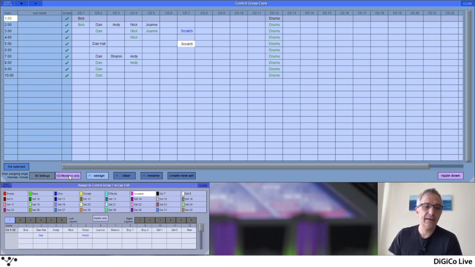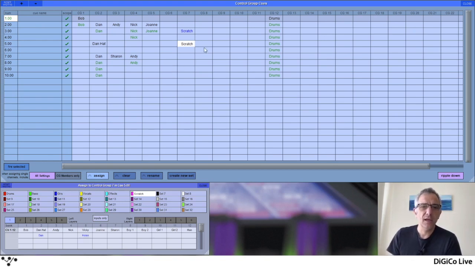if we come down here and choose CG membership only, it will only affect CG membership rather than bringing aliases back when you make an assignment. But primarily, if you've got your workflow right, you've built your aliases and you understand it, and you haven't got exceptions everywhere and you run auto update in the way intended, for 99.9% of the time you can run this in all settings mode. And when you build your CG, it brings the right alias to the channel and makes the CG assignment